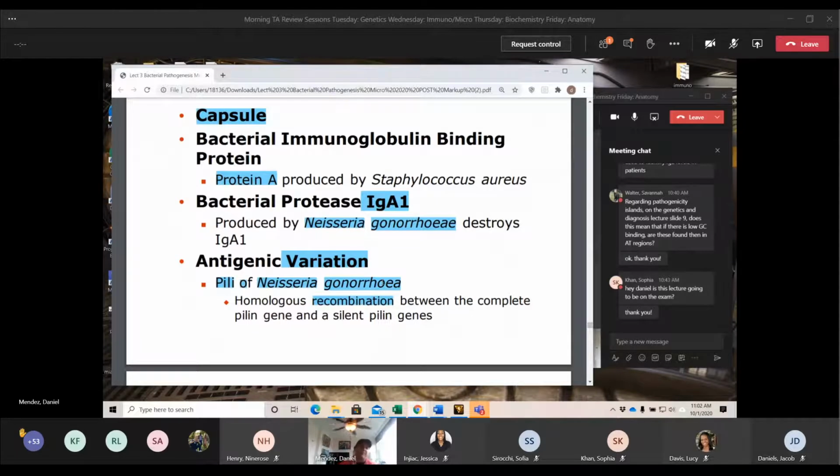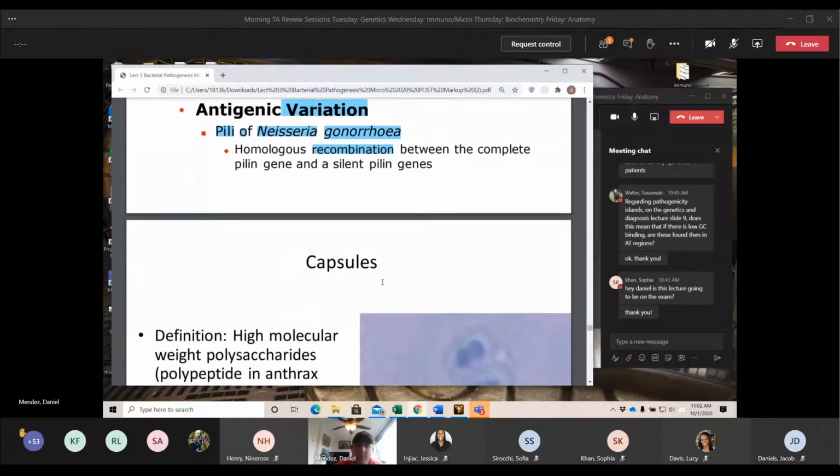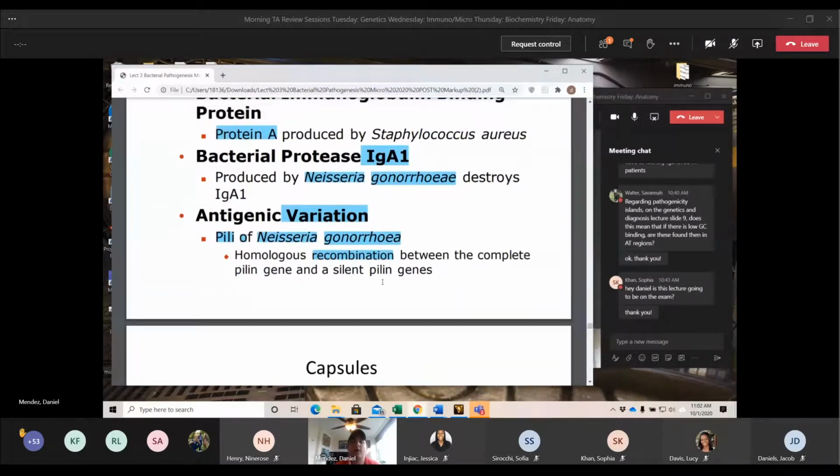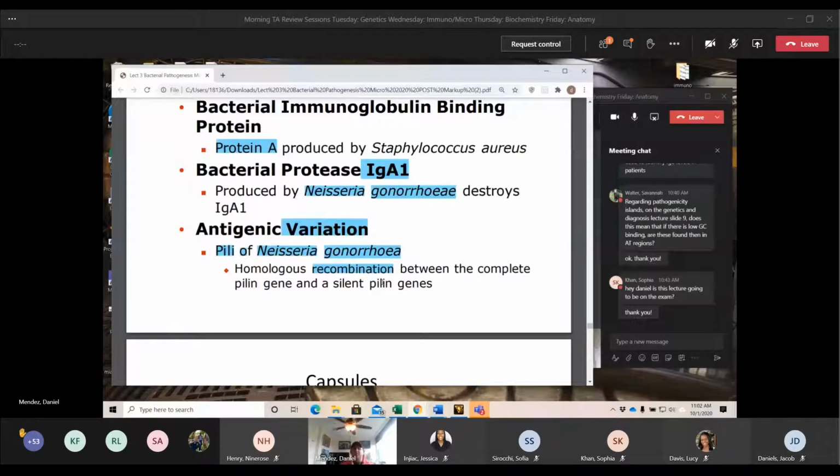Antigenic variation is a little different. Antigenic variation is where gonorrhea can change the genetic expression of its pili. I want to go through it in an actual picture a few slides later on, where there are certain genes presented on a pili, and gonorrhea has multiple different variants of those genes.